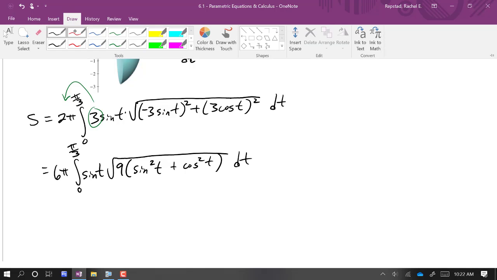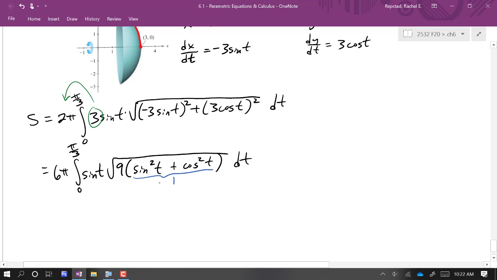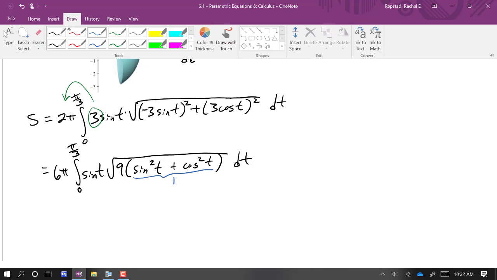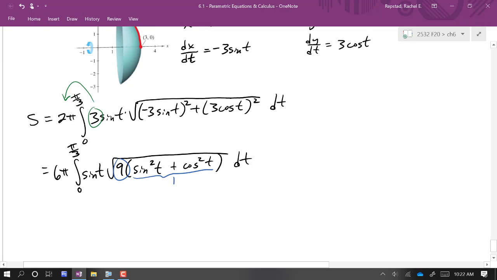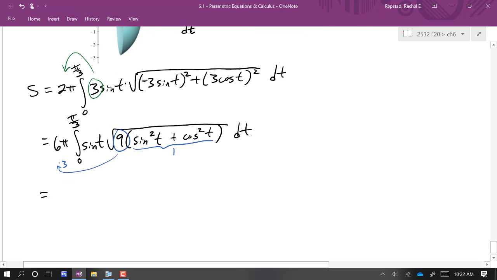Sine squared plus cosine squared, that's 1. And then we have the square root of 9, which will come out as a 3. So now we don't have a radical at all because that's just a constant. So we have 3, so that's 18 pi outside, integrating from 0 to pi over 3